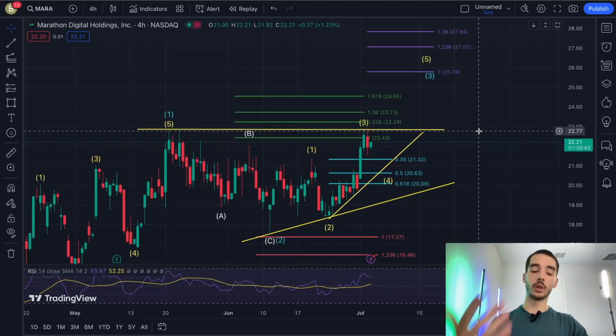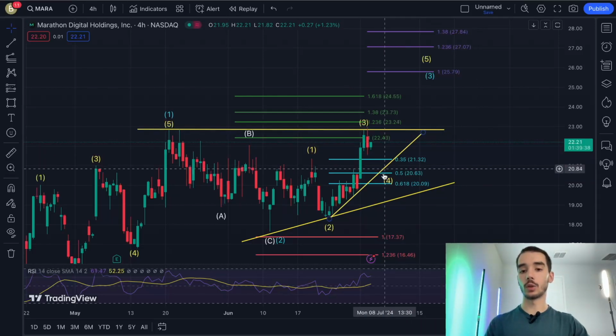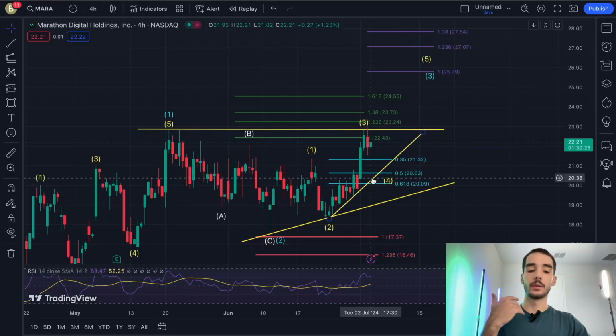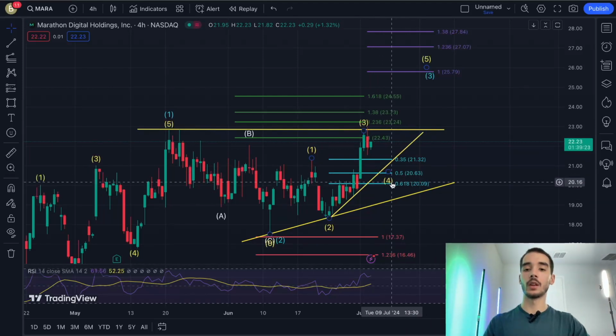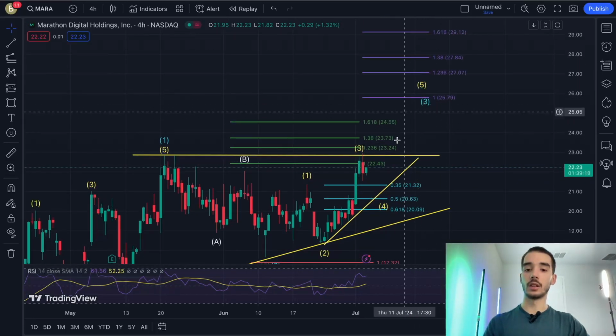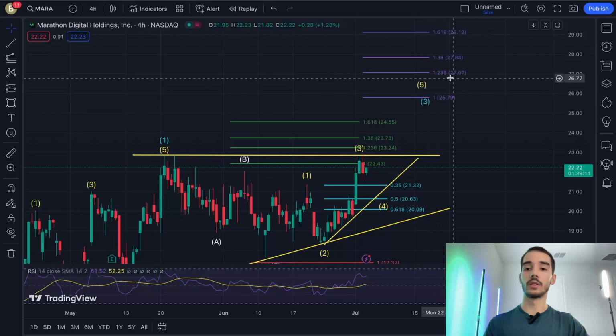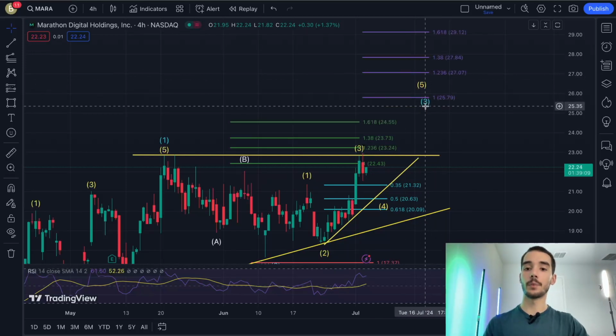I'm very bullish on this stock, enough where I see current structures to be strong, at least for now, where we will find support somewhere in this area. At least that's how I'm going to be addressing this stock. And of course, if I'm wrong, there's always a stop loss. But I personally believe that we're going to find support in this area. Again, that's how I'm going to be approaching this trade. And then potentially the fifth wave can end up topping out somewhere in this area right here, under the $26 mark at a minimum.